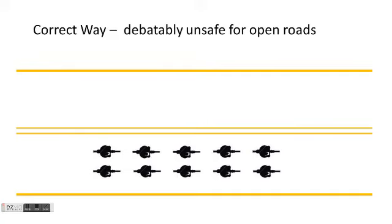So on here I wrote that this is the correct way, but I also wrote it's debatably unsafe just because of the amount of width of road it takes. Quite often this would be better on a really wide county road where the riders in the front can work their way to the back together at the same time, usually with a decent amount of speed going down the road, so that the riders are more toward the middle